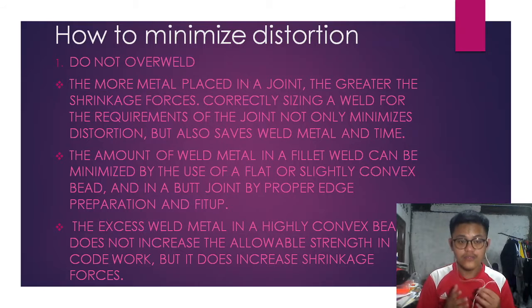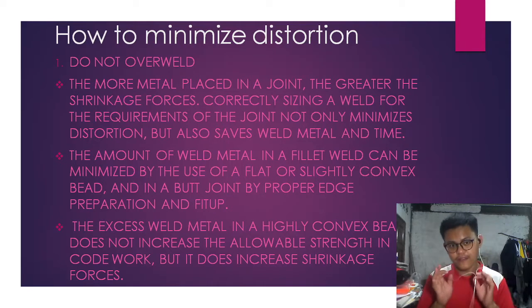So I will continue with how to minimize distortions. First of all, do not over weld. The more metal placed in a joint, the greater the shrinkage forces. Correctly sizing a weld for the requirements of the joint not only minimizes distortion, but also saves weld metal and